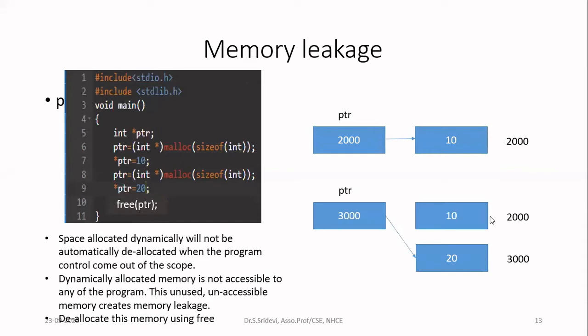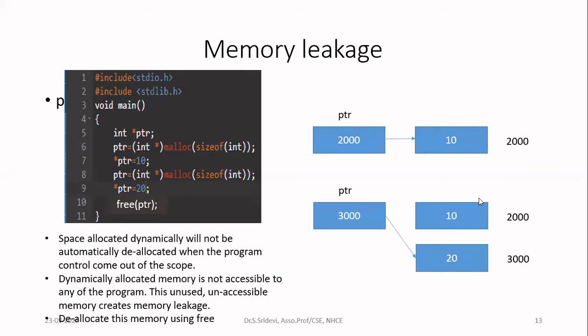Even if somebody wants to use the memory, this memory cannot be allocated to them because you did not free that memory location. So this is called memory leakage. Memory leakage is, even though free, unused memory is available, it cannot be allocated to some other person because you have not released the memory properly. So to avoid this problem, always deallocate the memory by using free.